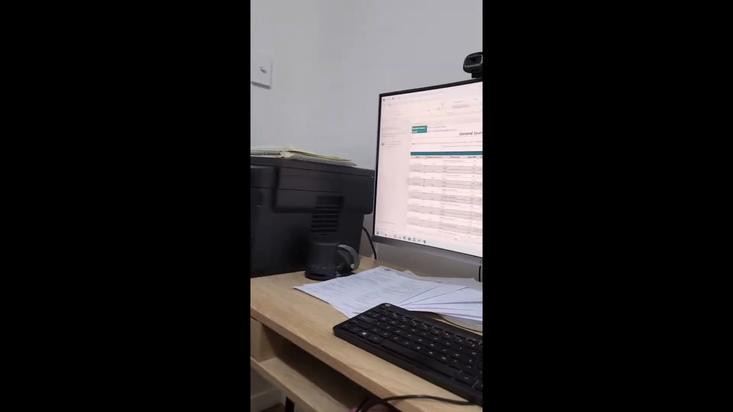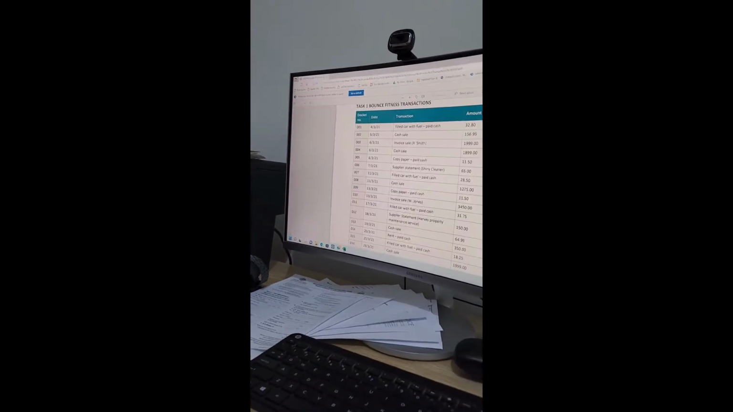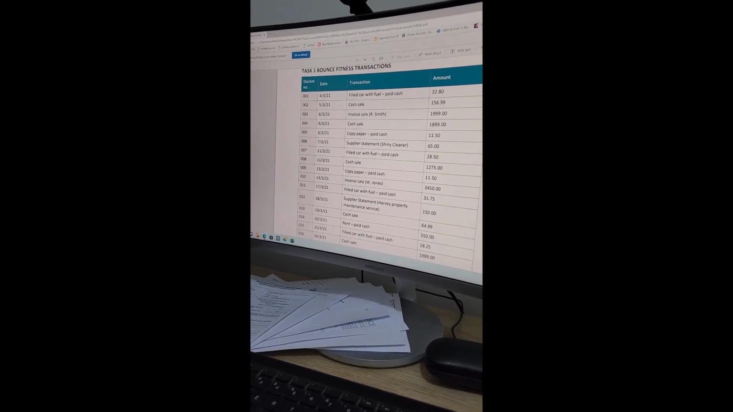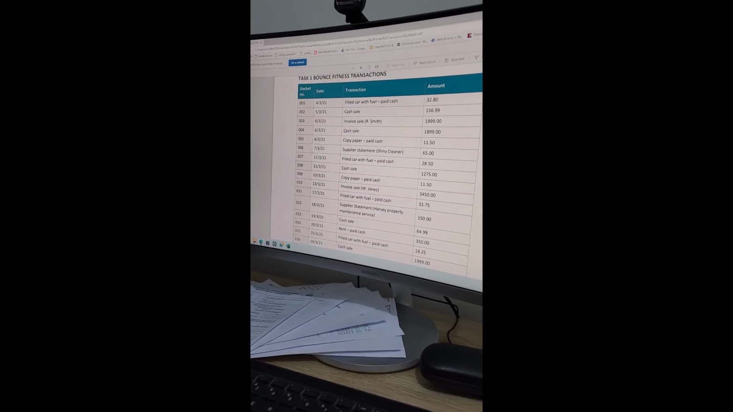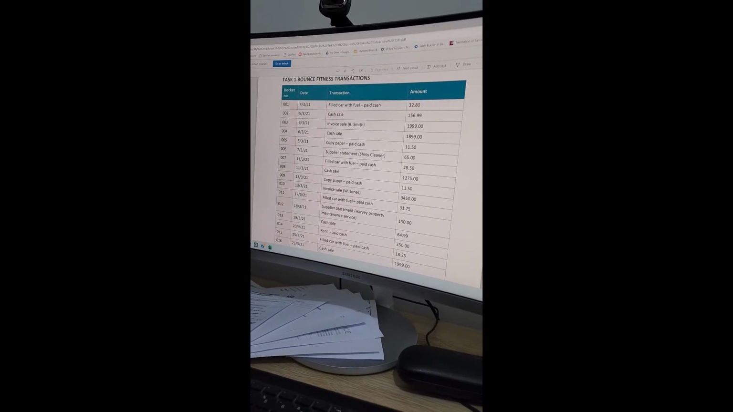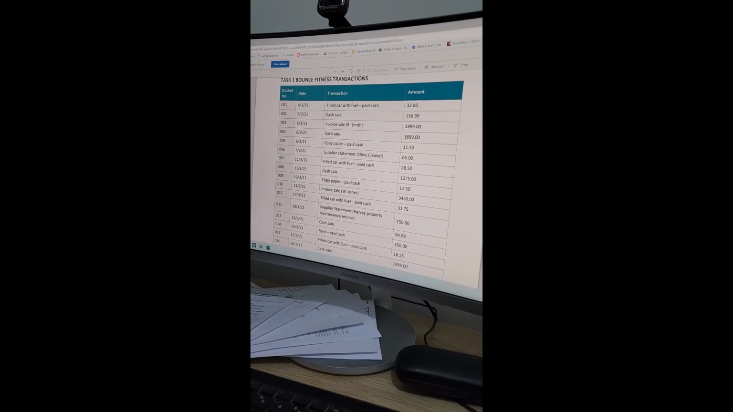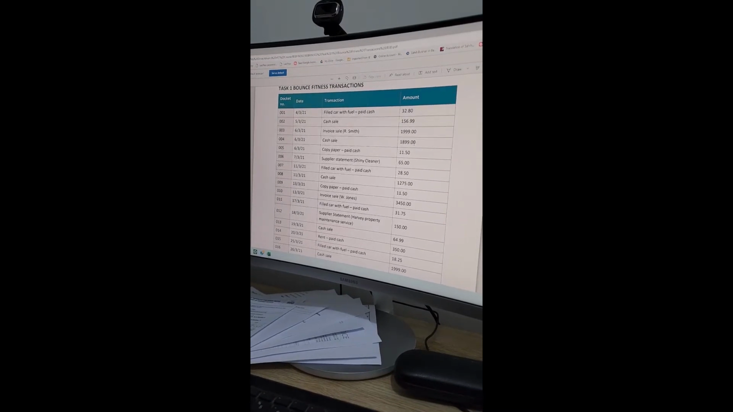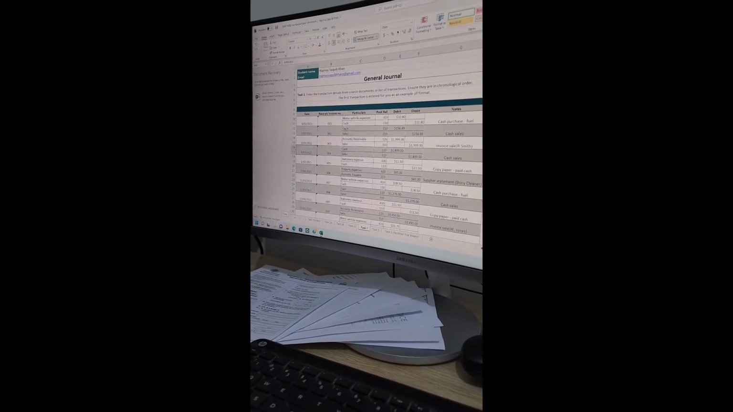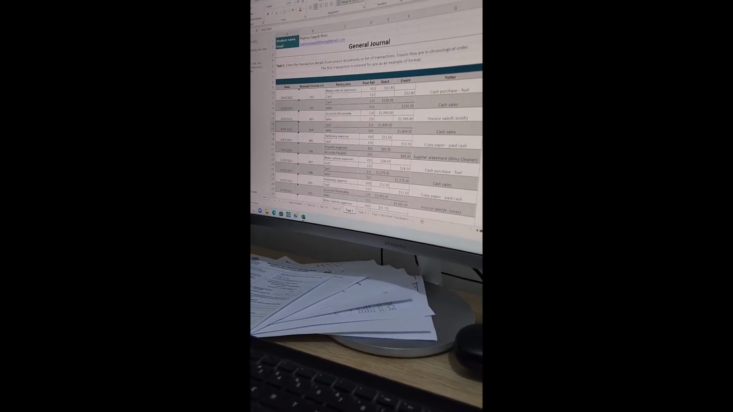Now I'm going to be showing you how we do double entry bookkeeping. So here, as you can see, if I bring up my list of transactions, let's take transaction number 4, which was made on 6th of March 2021 with the description cash sale and monetary value of $1,899.00. So we record this transaction in Microsoft Excel